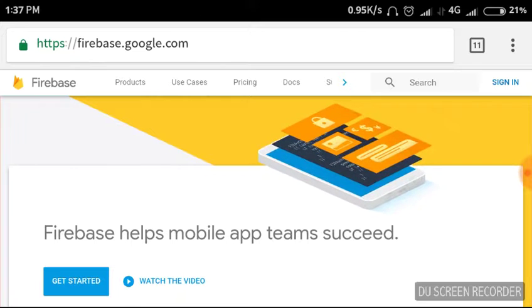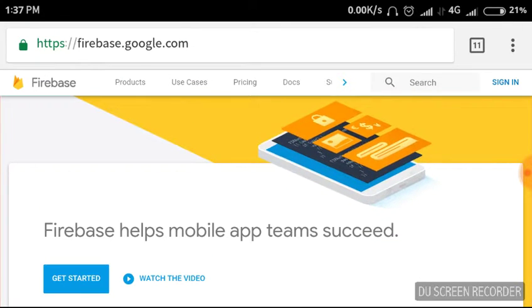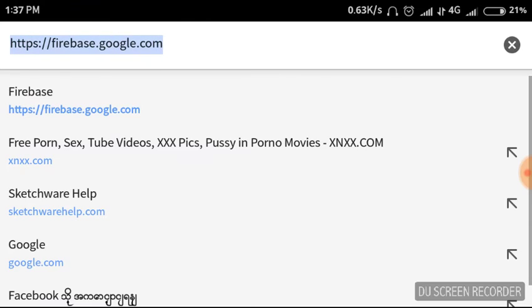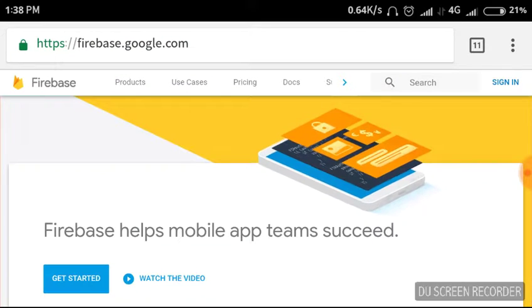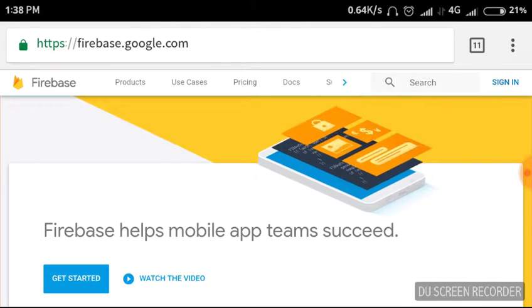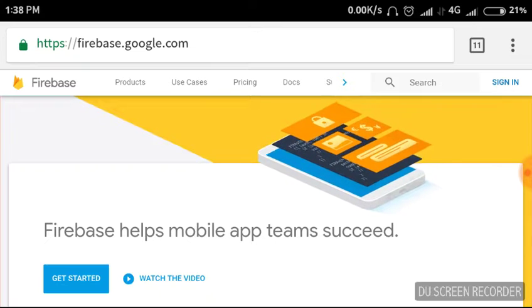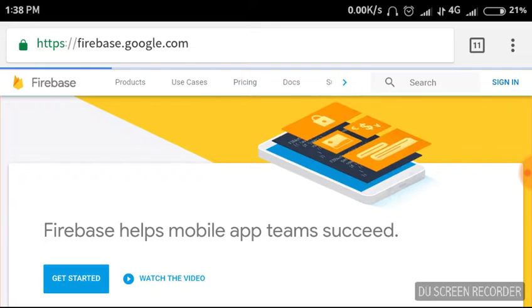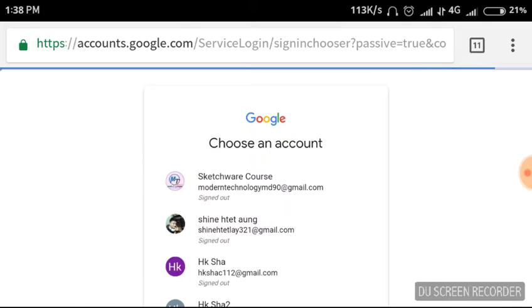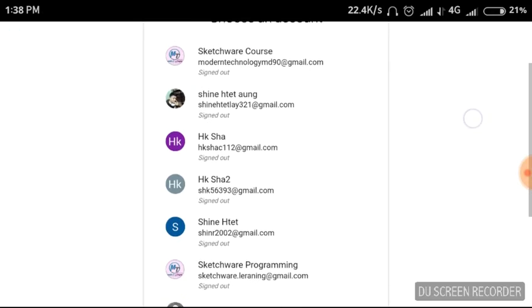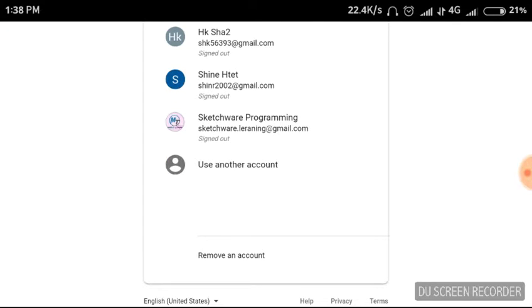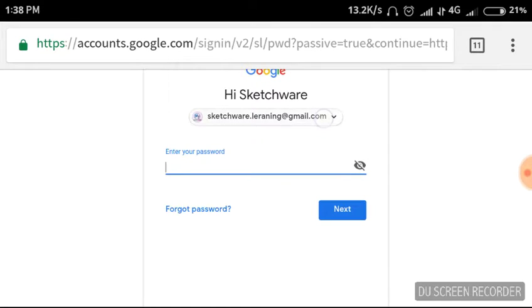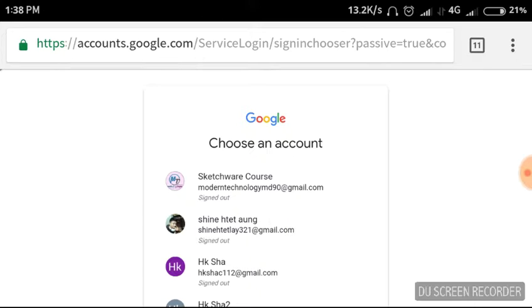Okay, today I'm going to show you how to use Firebase hosting on Android. Okay, now you need a Google account. Log into your Google account. Okay, I'm going to use the